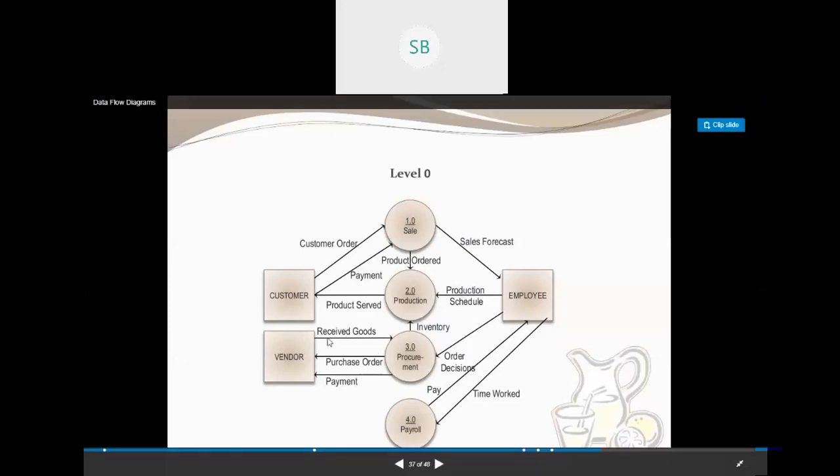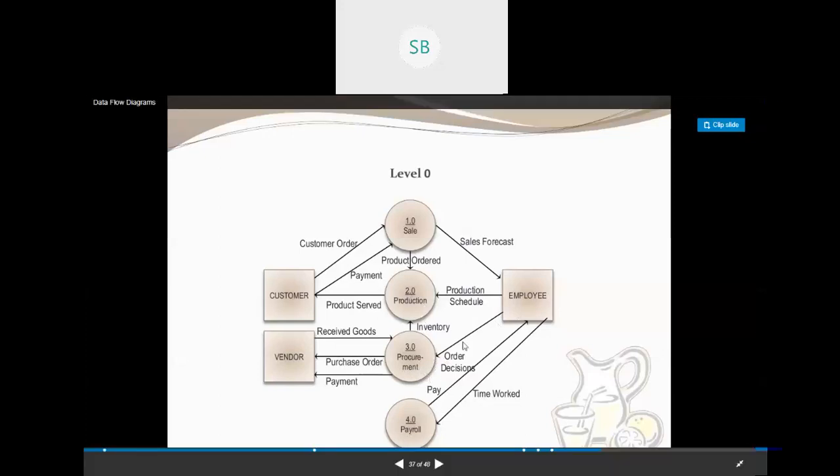So this is for the laminate system. I just want to inform you that this is how we go for the different things. So if you have a student management system, your DFD will be different. But this is how, see, process to process. From sale we go for the production. Then for production and procurement we have inventory. So these things are all connected. We should remember what things we are providing to the process, and what things we are getting as an output.